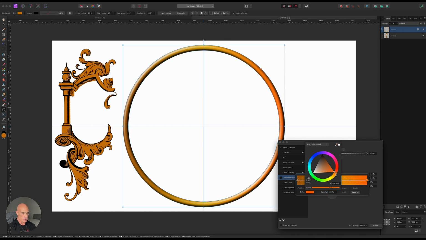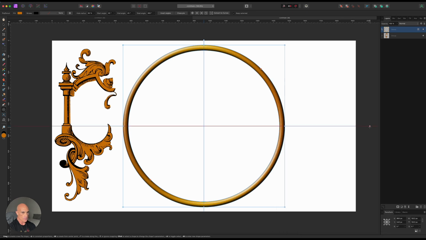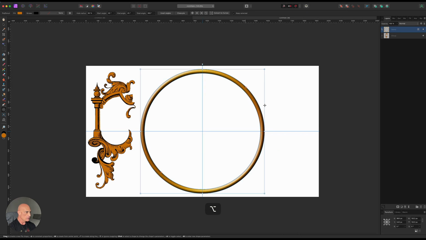Just give it a quick look. Maybe that might be a little bit too orange. Let's bring it back into gold and drop it down. All right, so we've got our outer ring there. Now we need to create our center